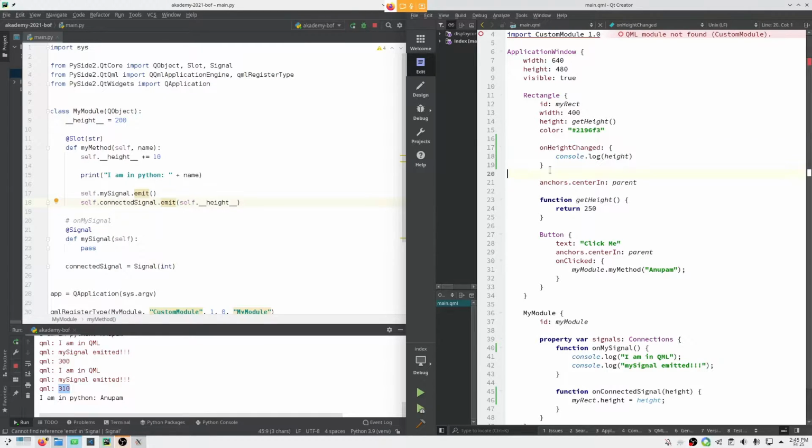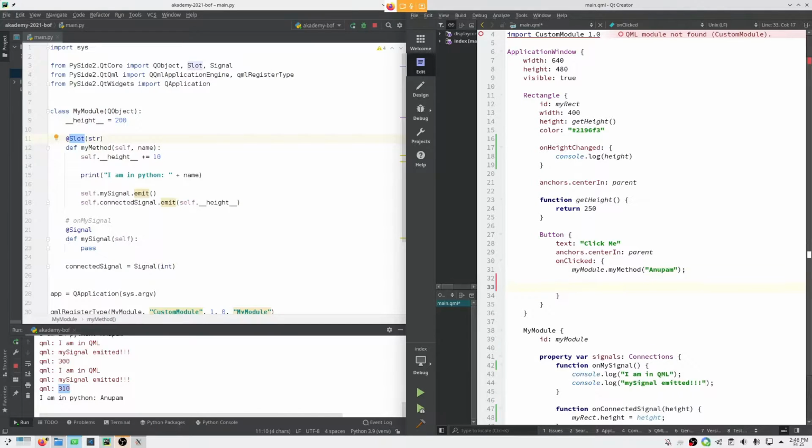The reason that I am explaining why we need these handlers is because we are gonna define some custom properties of this module. Right now what we are doing is we are calling some methods which we registered as slots. What I want to do is something like console.log myModule.name. This is a property, this is a method. We already discussed how to define a slot or a method or expose a Python method to QML. Now we want to do this.